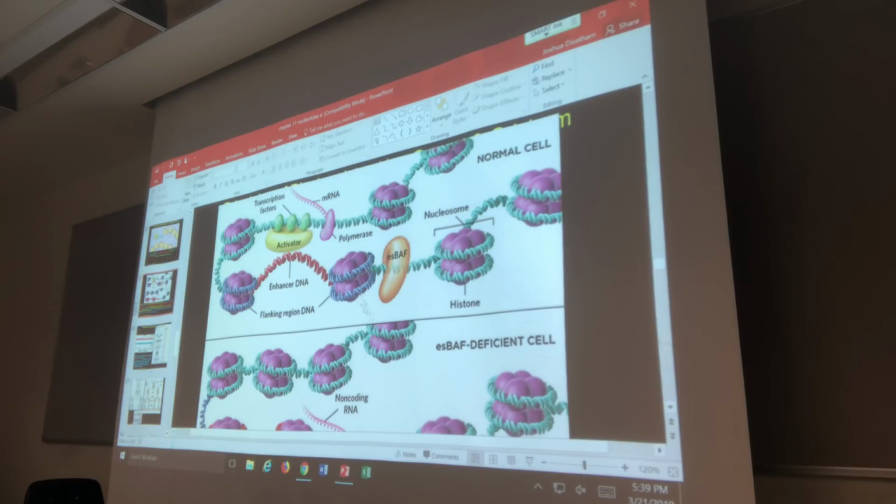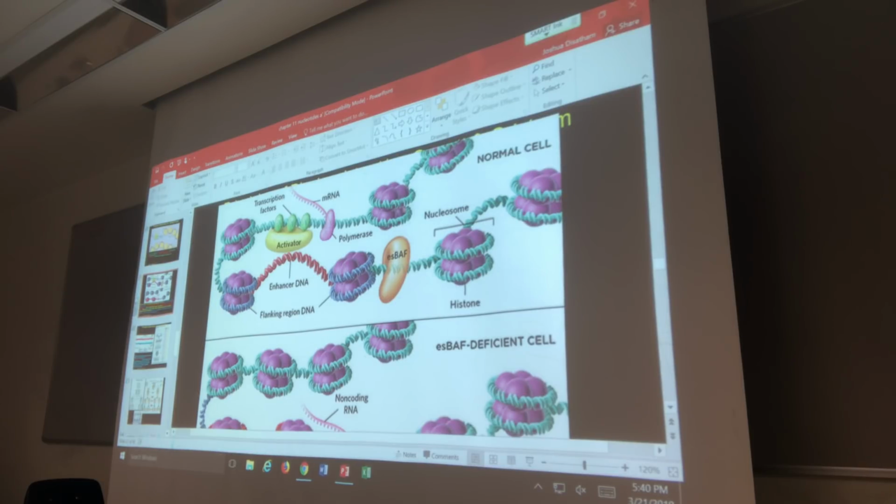What this enzyme does, though, ESBAF, is it makes sure that this region is open. And not only for this gene, but for other genes not illustrated here, this enzyme goes around and makes sure that the enhancer region associated with various genes is open. This allows transcription factors to come in more often than they normally would because they're looking for these landing pads, these landing sites with all these enhancer regions. And when they do, they will transcribe whatever gene that they're associated with.